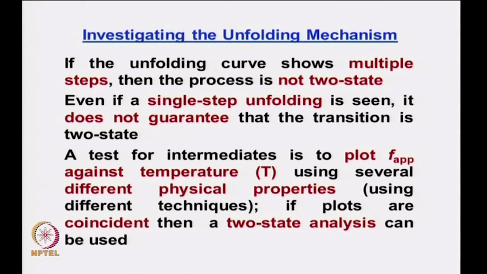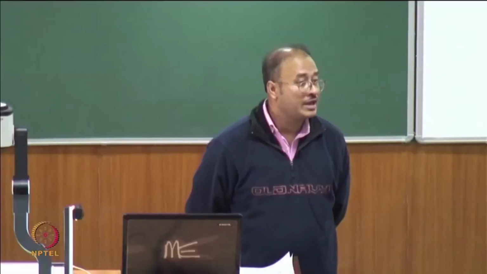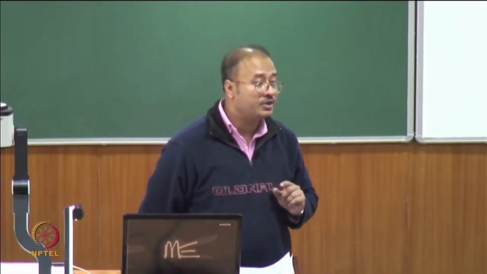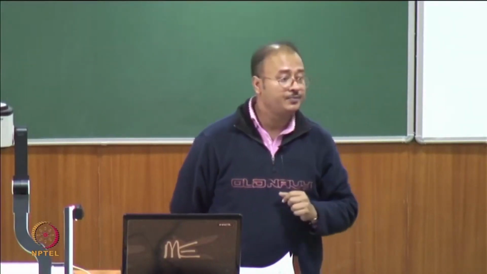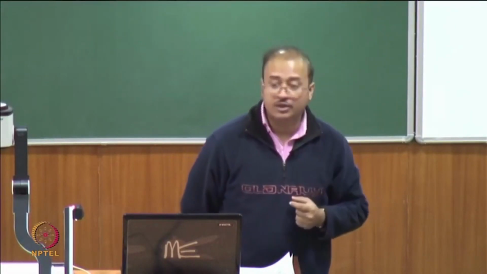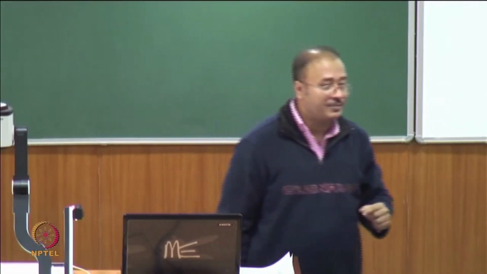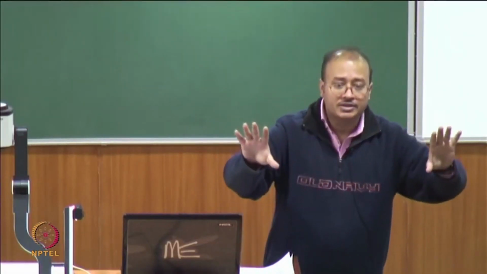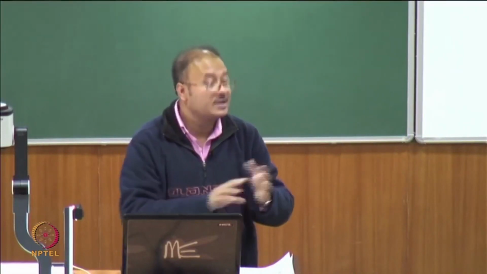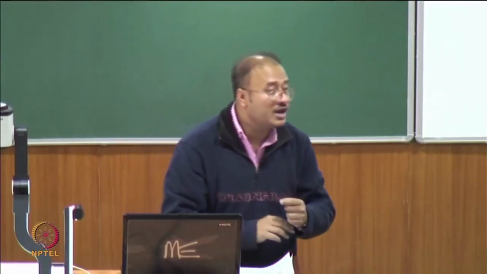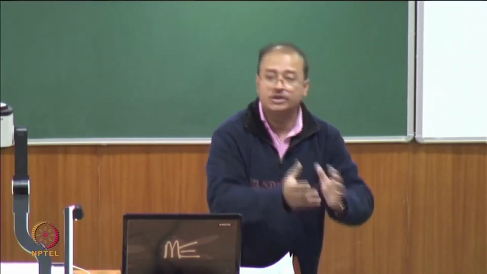See, we just discussed that if you are going to use different techniques, then your DI is not necessarily the same. If your DI is not necessarily the same, remember your K equilibrium or K apparent was dependent upon DI, ki and kd. So, F apparent was also dependent upon that. So, if your DI is not the same and you are using these different techniques, when you plot F apparent versus temperature for the different DIs, your plots would be different because the DIs are not the same,